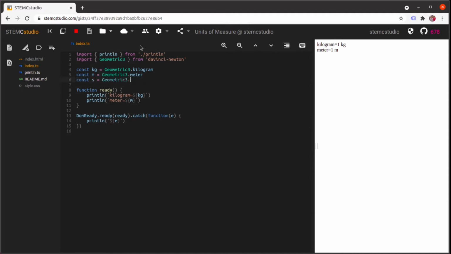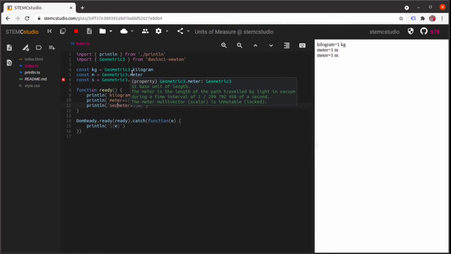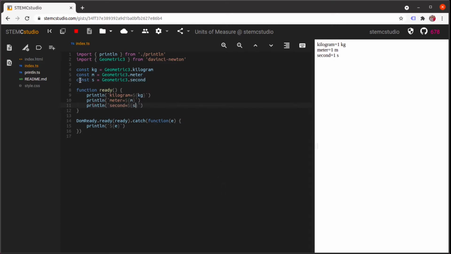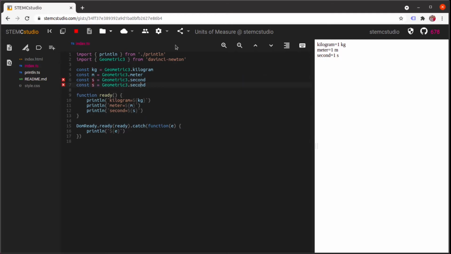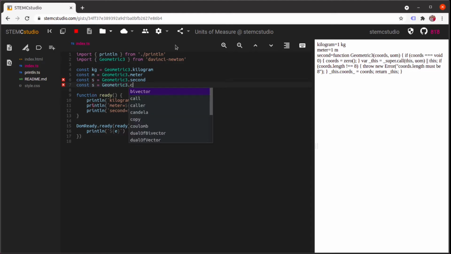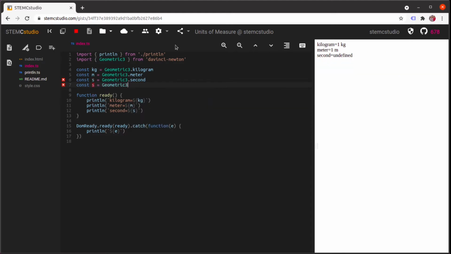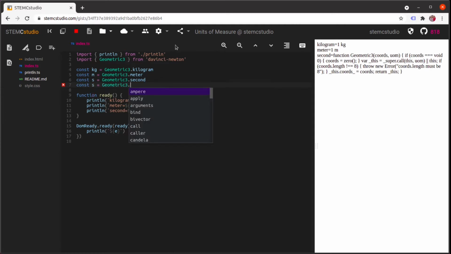So we're going through at least the 4 very common units that you have in the SI unit system, which are the kilogram, the meter, the second. Let's just do the second now. So we got 1 second, and the final one, depending upon how you like to think here, is to do with electromagnetism and to do with the electric charge, or if you like, electric current. So you can either use the Coulomb, or if you prefer, you can use the ampere. So it's up to you to decide,